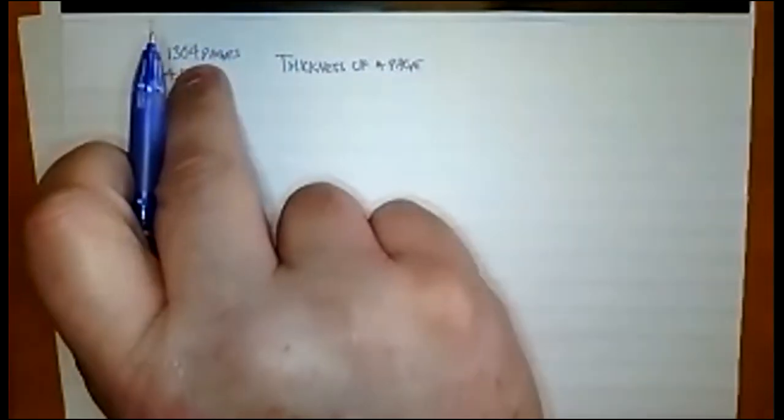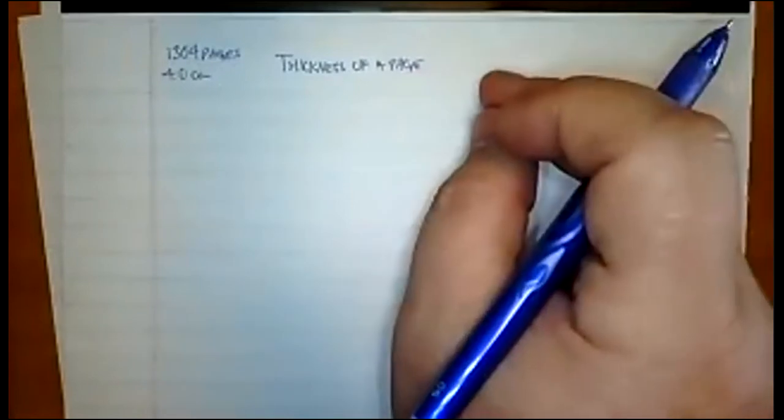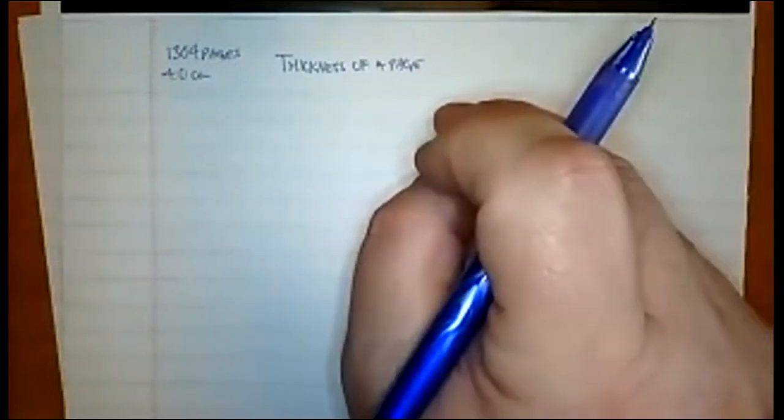So I might say that the thickness of a page... If you took one page and you stacked it on top of another, then you get 2 pages thick. If you stacked another, you get 3, stacked another, you get 4, 5, 6, keep on doing that till you have 1,304 pages. What you've basically done is added repeatedly the same quantity. Whenever you repeatedly add the same quantity, that's equivalent to multiplication.